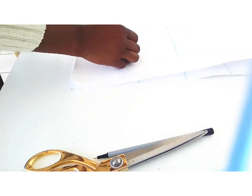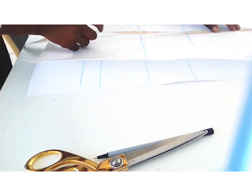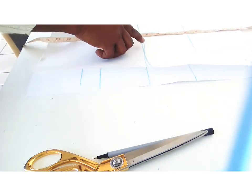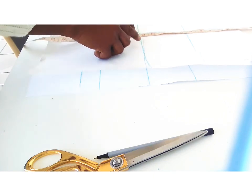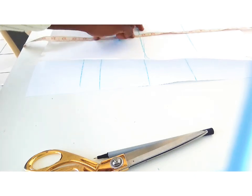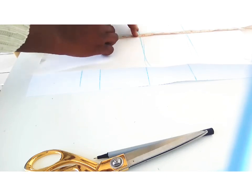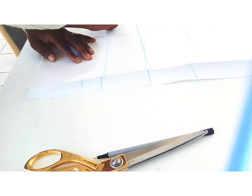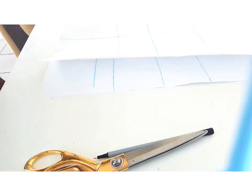Then from the shoulder to there is 17.5 inches. That is the measurement we took. Okay, this is 14.5. This is 17.5 inches, and this is it. 17.5 will be here. So 17.5. After that, from the bust point,